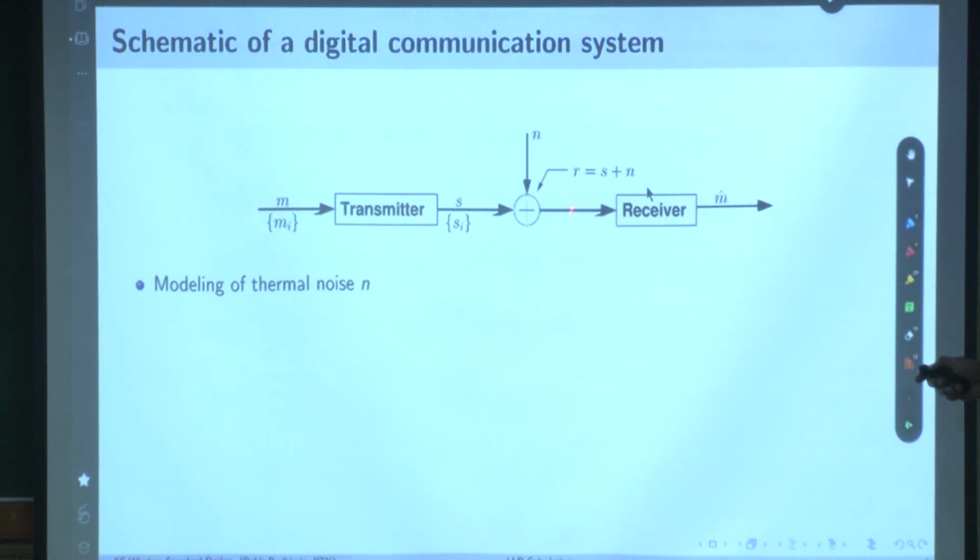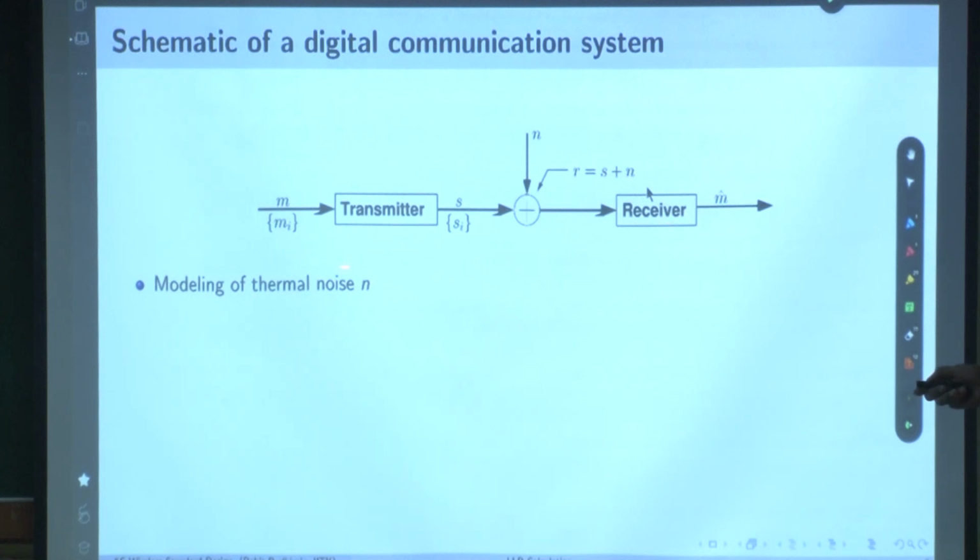Then what happens after that is you have R = S + N. This is our AWGN channel on which the symbols are being transmitted. Noise gets added. Now the receiver has to decide, based on the received signal, what message M hat was transmitted, right? That's the job of the receiver, and finally, whatever way it processes, it has to give you this message back. That is the abstraction of the receiver. So before we